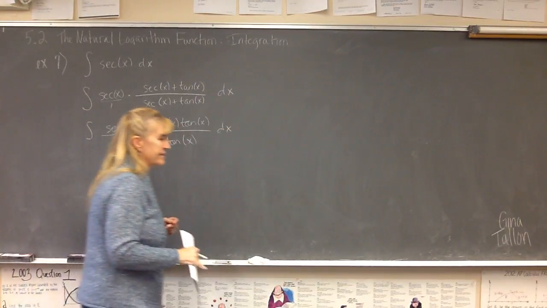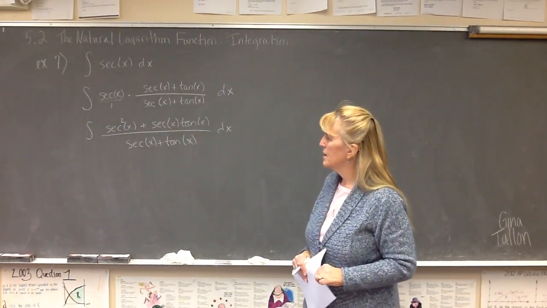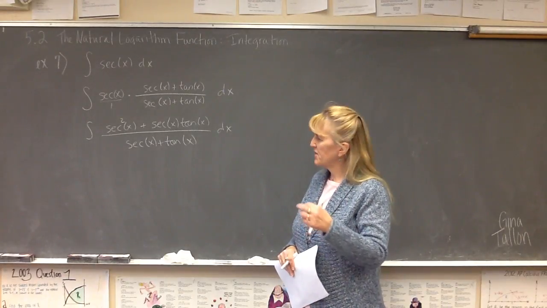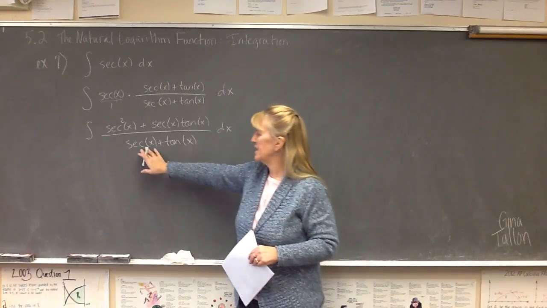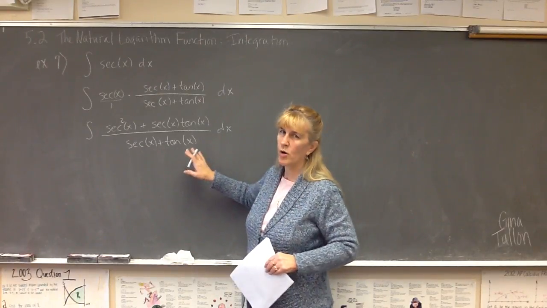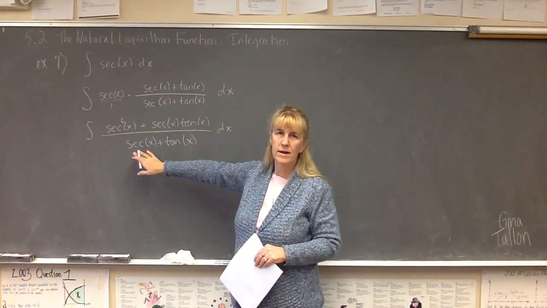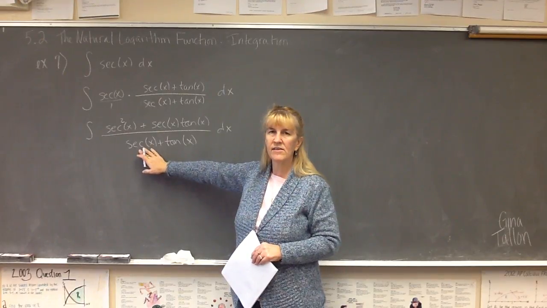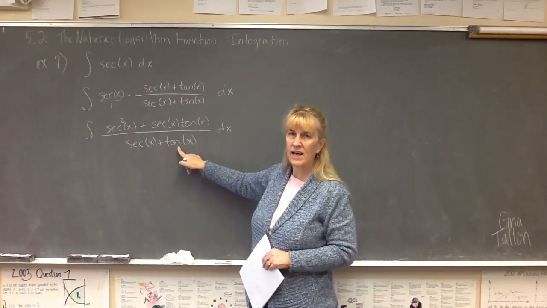Now you take a peek at this again, and it's the same equivalent as what we started with, but it looks a lot different. And hopefully now, what you see on your denominator, if you're thinking of taking the derivative of secant x plus tangent x, and I'm hoping you are, to see if that happens to be your numerator, you get the numerator. It's just that the numerator is reversed. The derivative of secant x is this secant x tan x, and the derivative of tangent x is this